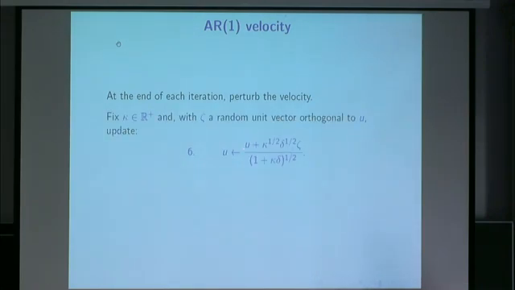So U goes to basically pick, well, it doesn't even matter. I keep U as a unit vector and I just perturb it slightly in a way that's going to preserve the uniform on the sphere. So I've got a parameter kappa, which is going to say how much I'm perturbing the velocity. And the way I parameterize this is I want it to be easy to tune. So I want the parameter kappa and the parameter delta to have orthogonal effects on the behavior of the algorithm.